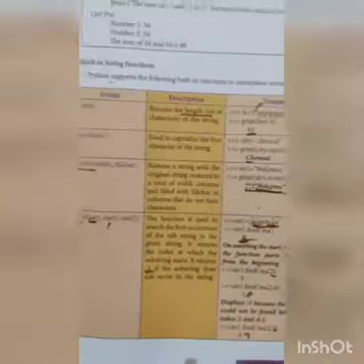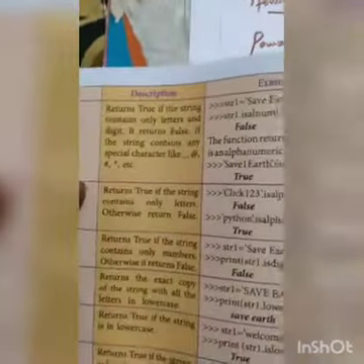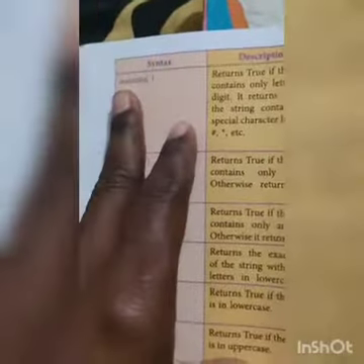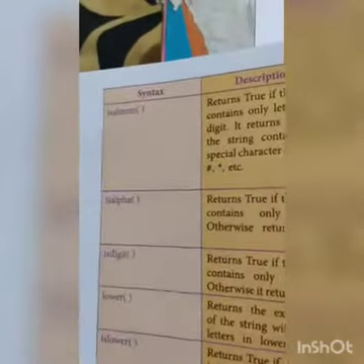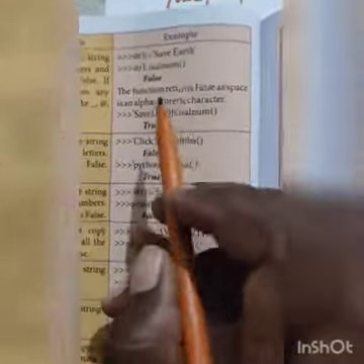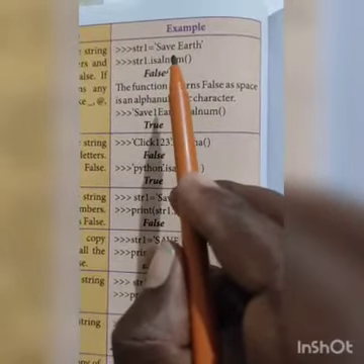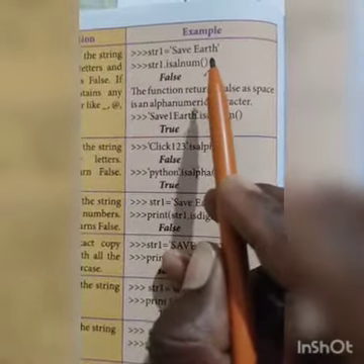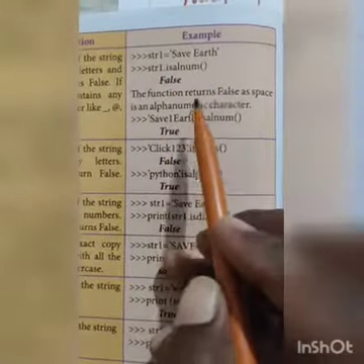So don't get confused. Okay, next I will teach you. There are many functions, and I will teach you each and every one. Listen carefully. This is isalnum, the full form of is alphanumeric. str1 is equal to save earth. str1 dot isalnum. It asks whether the string is alphanumeric.